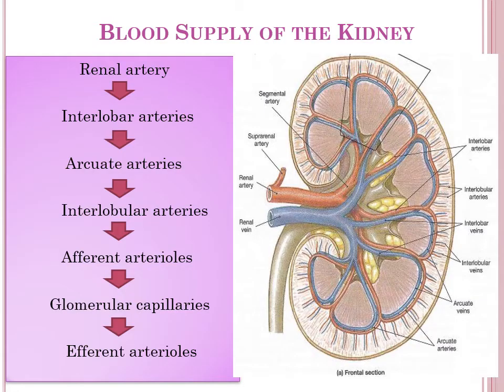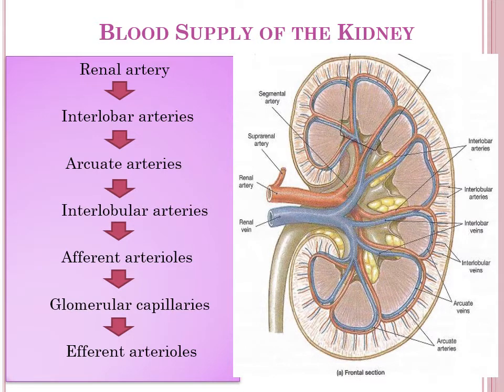Now just look at this picture and the flow chart showing the blood flow to the kidney. This is the kidney, and I am just revising: this is the outer portion, the cortex, and this is the inner medulla. Here the medial concave portion is known as the renal hilum, through which the ureter and the renal vein leave the kidney, while the renal artery enters the kidney.